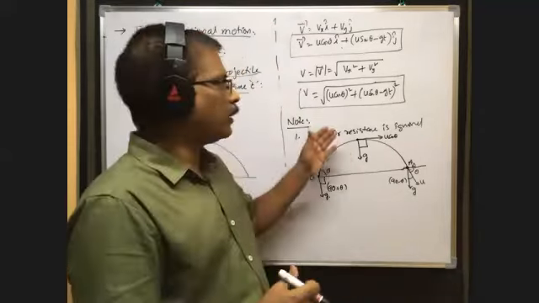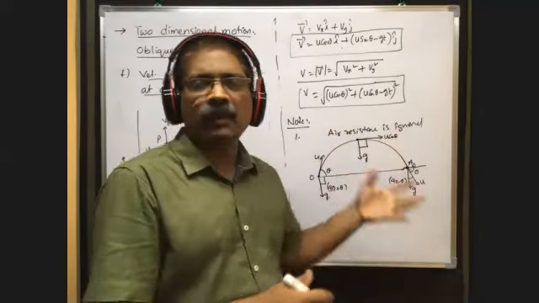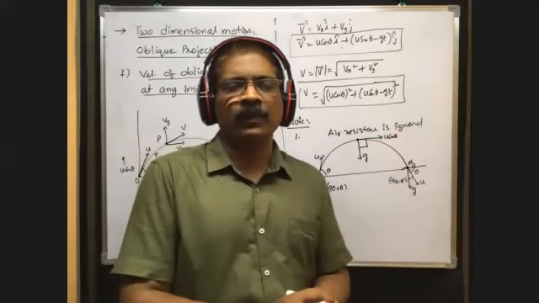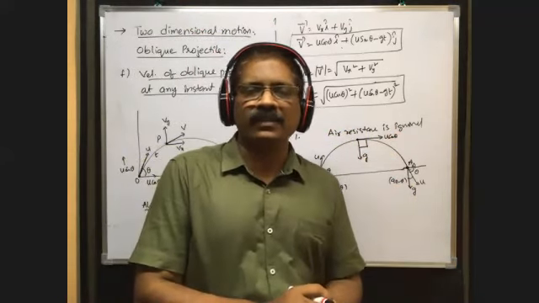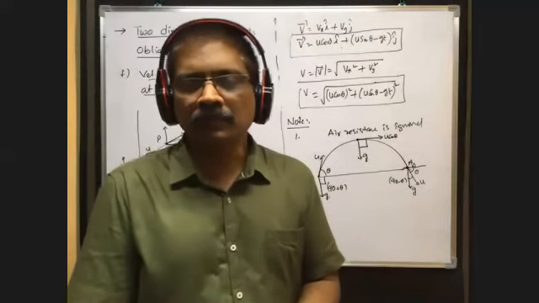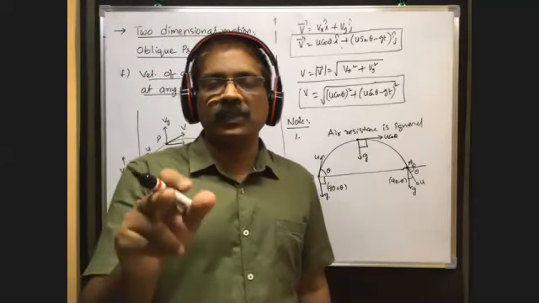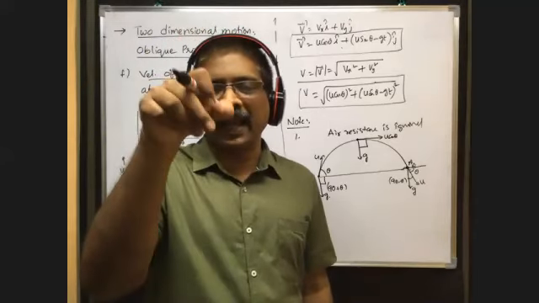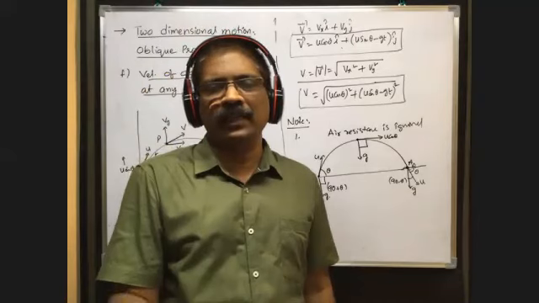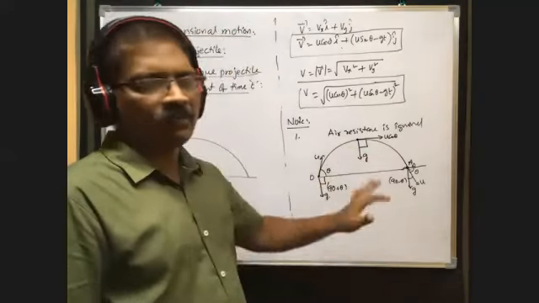In case of an oblique projectile, velocity is in this direction, acceleration in this direction. So the oblique projectile is also one more example of a body having velocity and acceleration in different directions. Retardation of the vertically projected body is in the upward direction, but acceleration is in the downward direction. So this is one point that is very, very important.